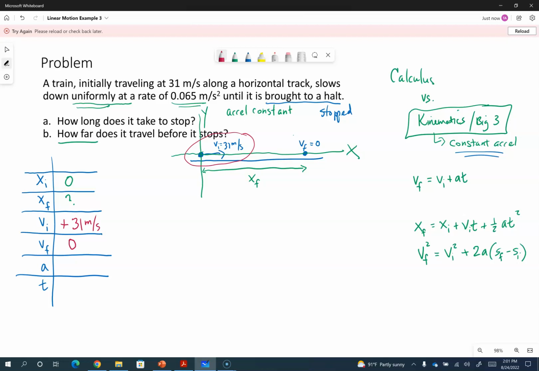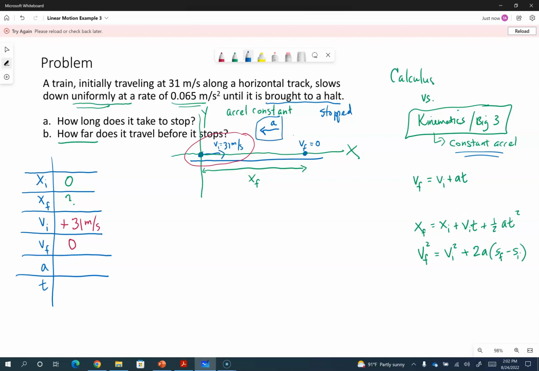Well, I've chosen to the right to be the direction that the train is moving in. This train is slowing down to stop. If it's slowing down, the acceleration has to be opposite the way I've drawn the velocity. So if my velocity initially is positive, the acceleration needs to be negative, which I've drawn to the left, but